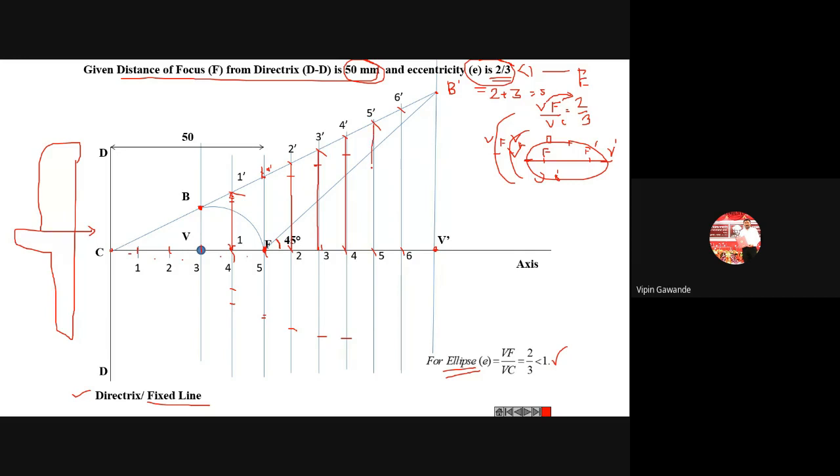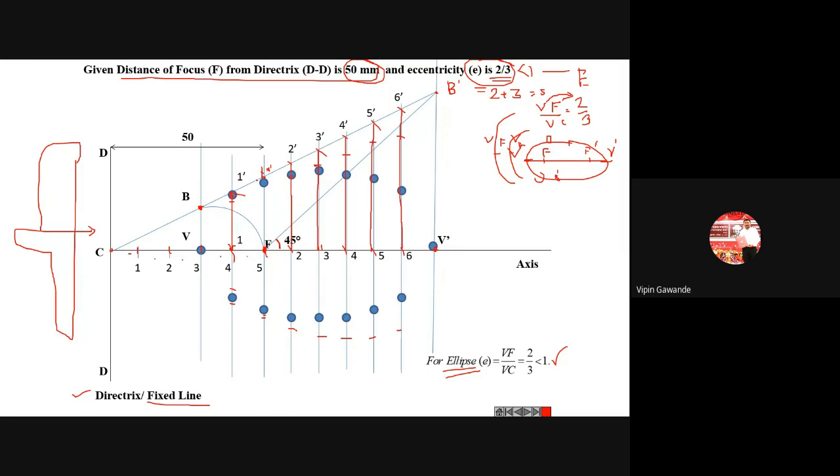Next distance is 5 dash distance, F center, from F you have to cut this 5 dash line. Then last distance is 6 dash distance in compass, center F, from F you have to cut the 6 and 6 dash line, okay. So you'll get such type of points